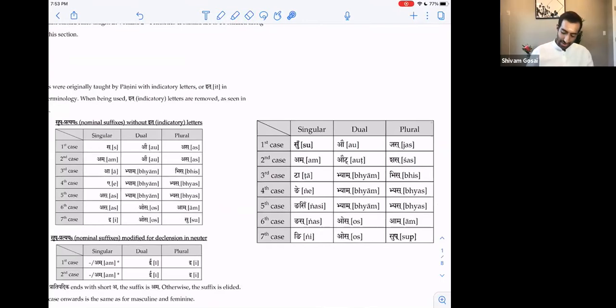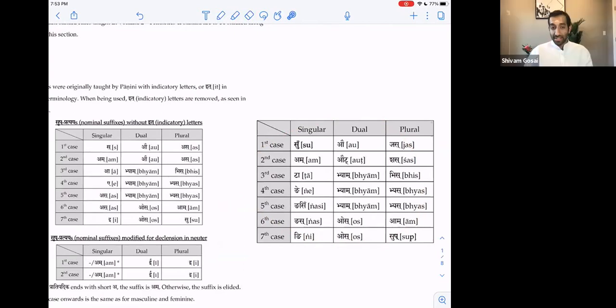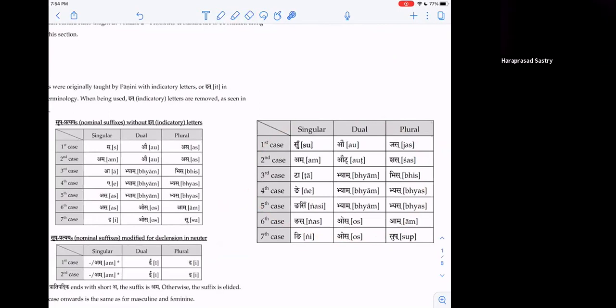So this is the original chart that you see on that earlier page. Now that's correct. But they're both correct. And the reason is because this original chart is with it letters, indicatory letters. I know what indicatory letters are, but how